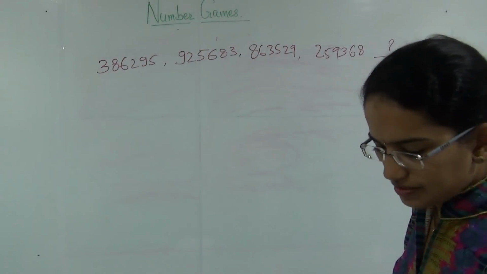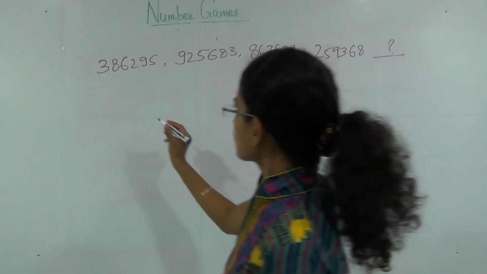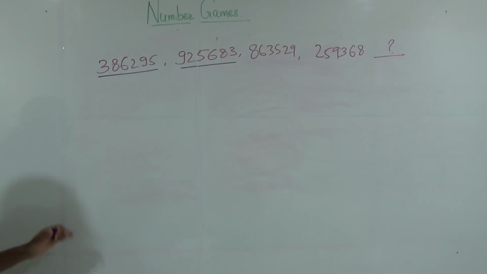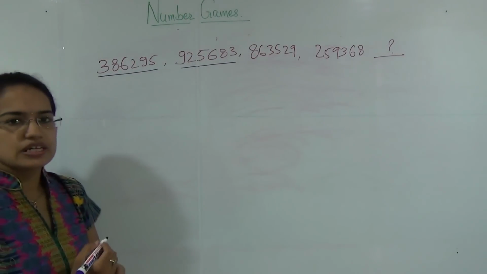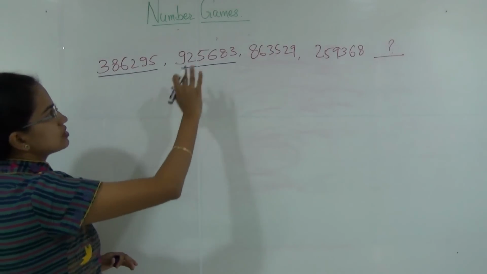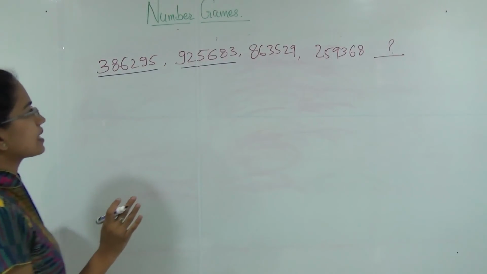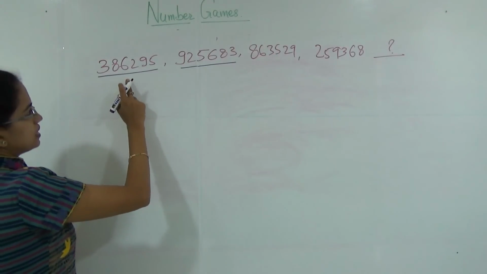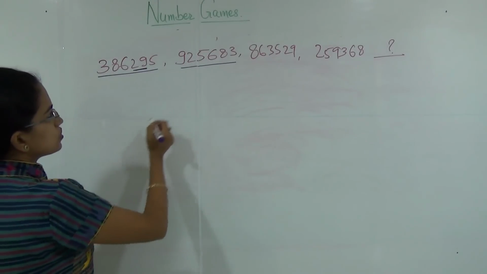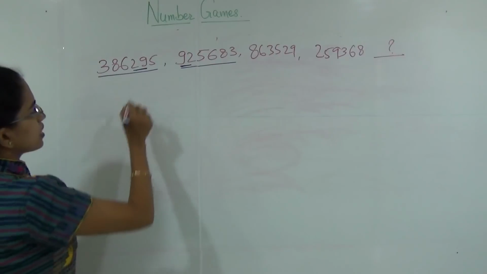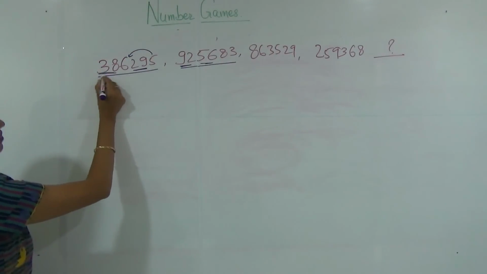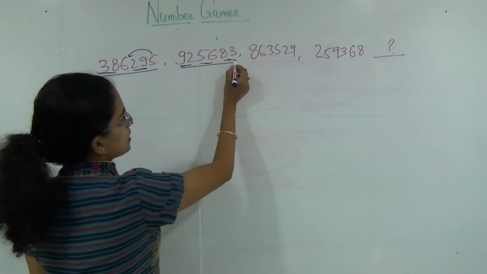In this case, try to observe these numbers. If you try to make out a kind of relationship, a kind of addition or subtraction, you would land up nowhere because all the numbers are zigzagly arranged. So what I am doing here is, let me look into these two numbers. If I reverse these two numbers, it becomes 9, 2. Then I reverse these two numbers, so it becomes 5, 6. And then I finally reverse these two numbers, so it becomes 8, 3.